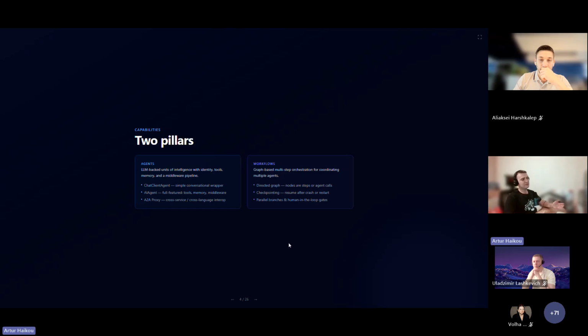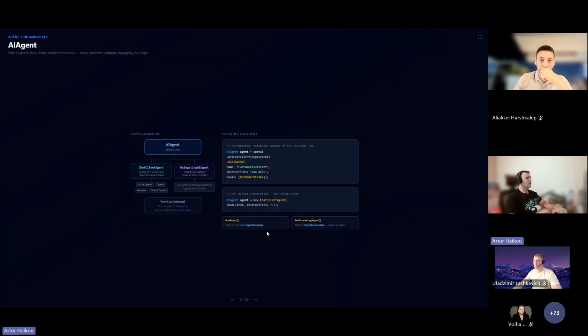And as I mentioned, we have two pillars here for Microsoft Agent Framework. You're able to create agents and you're able to create workflows. And for a deep dive into agents, we need to understand, in particular for the .NET stack, that everything is derived from the AI agent base class.